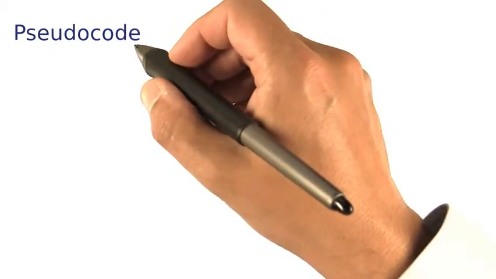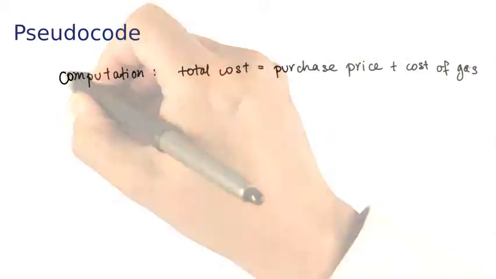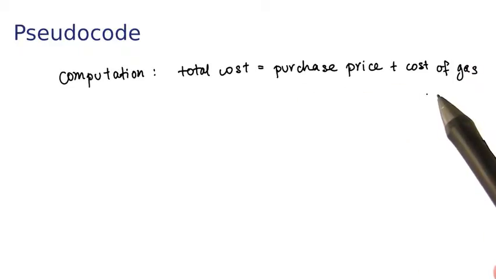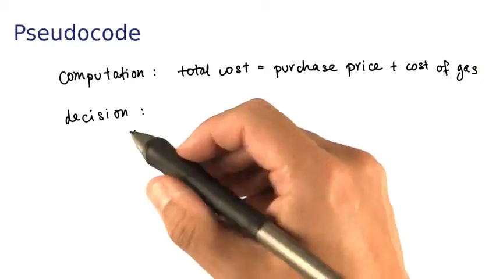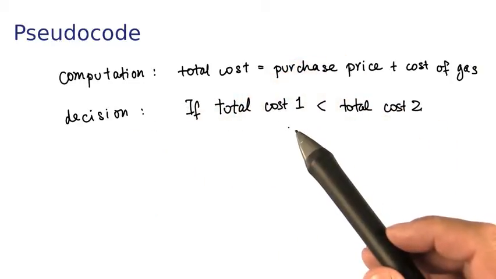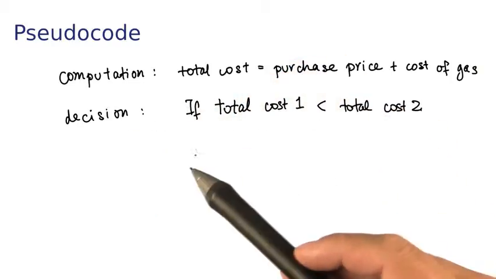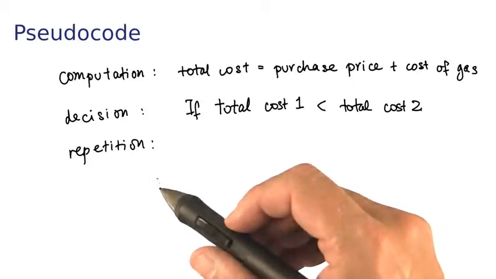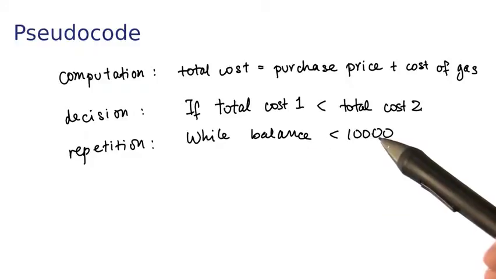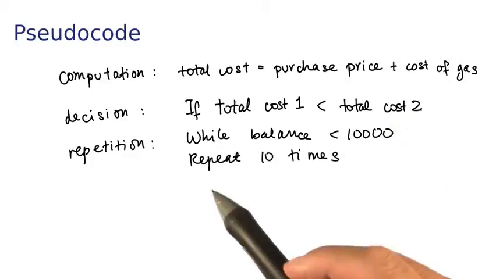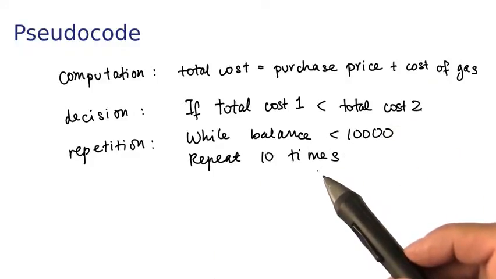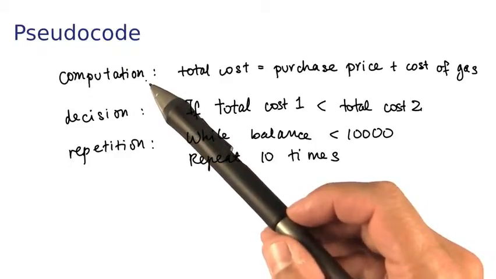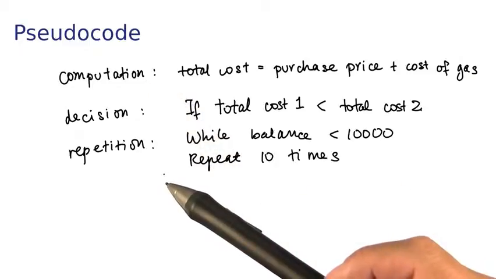In your pseudocode, you may want to write a computation, such as total cost equals purchase price plus cost of gas. You might want to have a decision. If the total cost 1 is less than the total cost 2, do one thing, else do another thing. You might want to repeat certain steps, while the bank balance is less than your target. Or repeat some action, say 10 times. Those are the 3 essential elements of pseudocode: computations or other actions, without any regard of the syntax of a